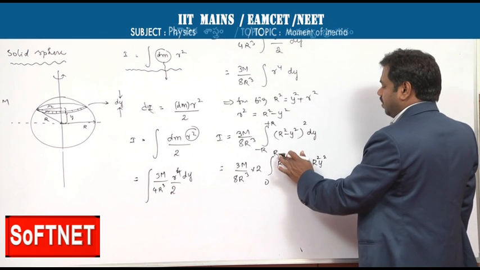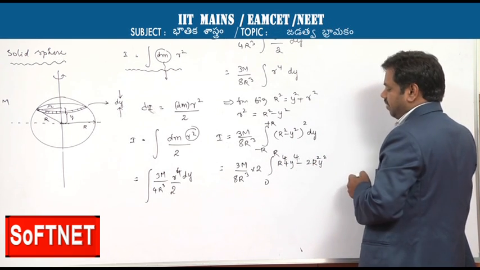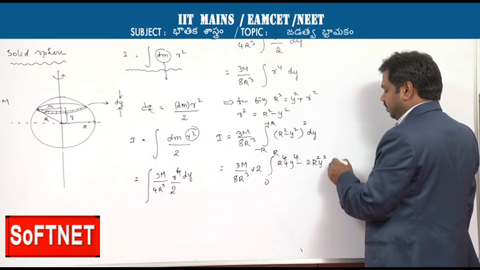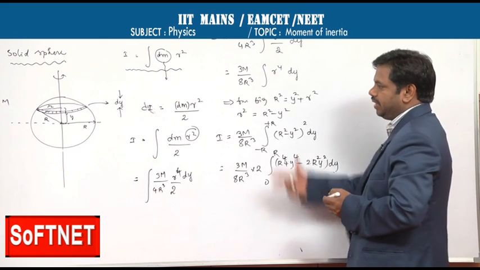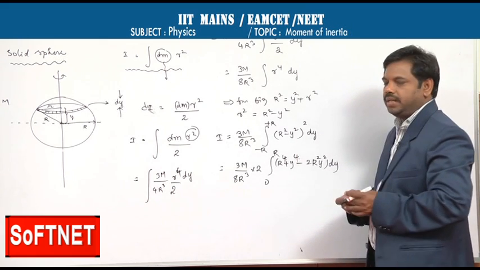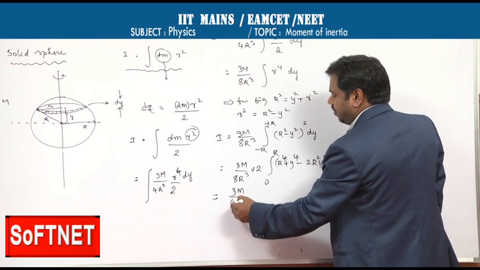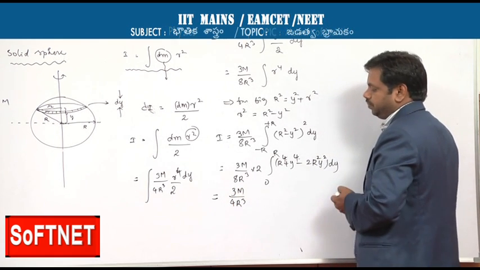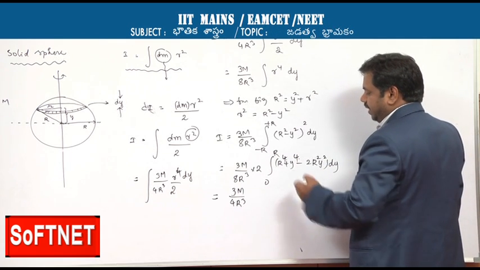R square whole square means we will get r power 4 and y power 4 minus 2r square y square into dy. On integrating this equation, we will get the moment of inertia of the solid sphere about the diameter. That is 3m by 4r cube,